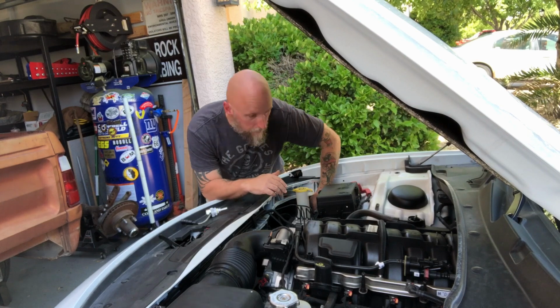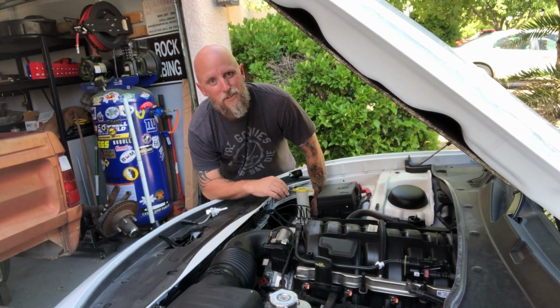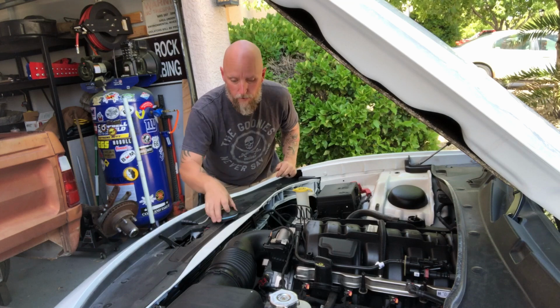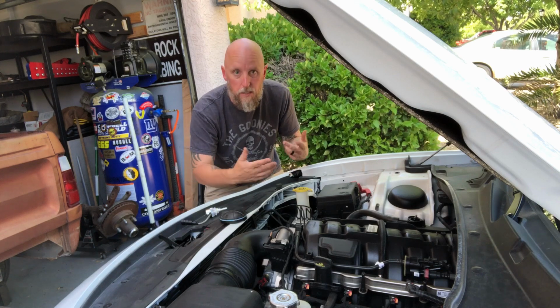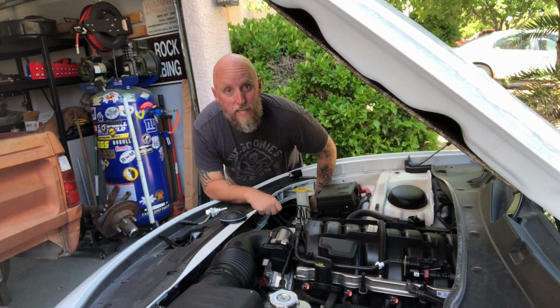But if you come in here, right here there's a cover. It just unscrews and comes right off. There are lights behind that. All this is just a dust cover, I guess. It's got an O-ring around it that keeps all the dust and water out of your headlight. Then you come right down here,